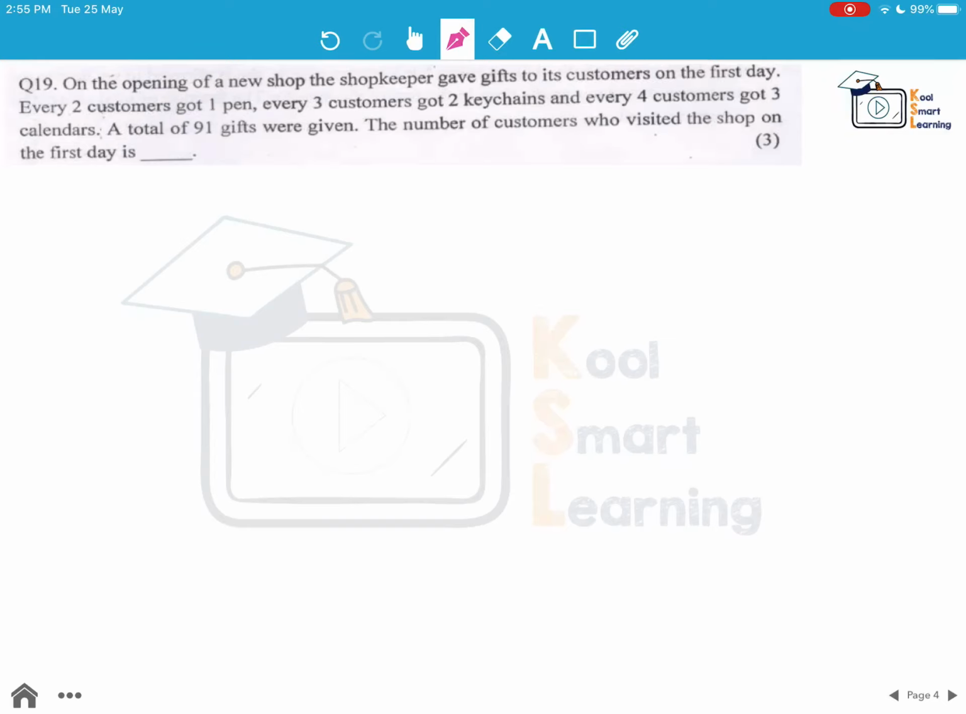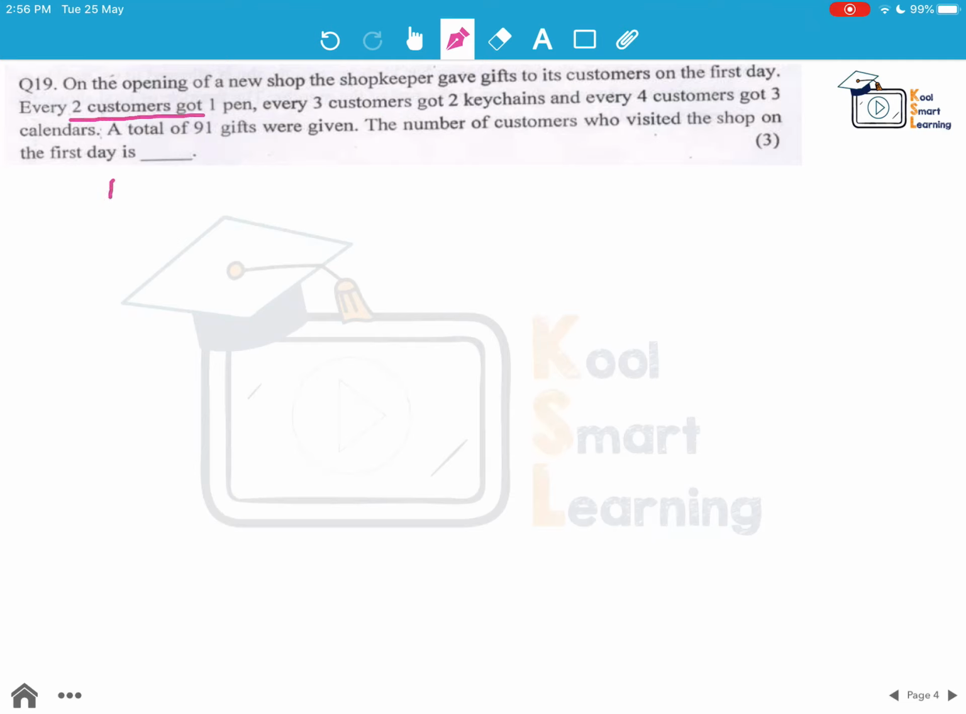On the opening of a new shop, the shopkeeper gave gifts to its customers on the first day. Every 2 customers get 1 pen. Every 3 customers got 2 keychains. Every 4 customers got 3 calendars. A total of 91 gifts were given. The number of customers who visited the shop on the first day is? So now let's just try to put this data,